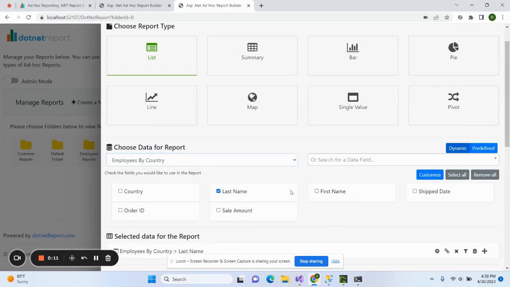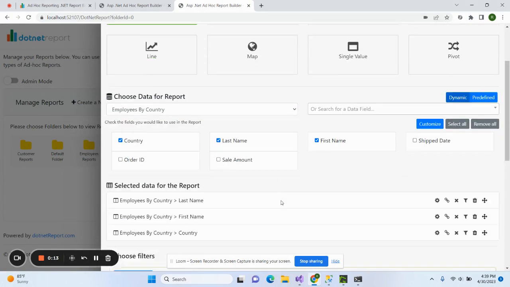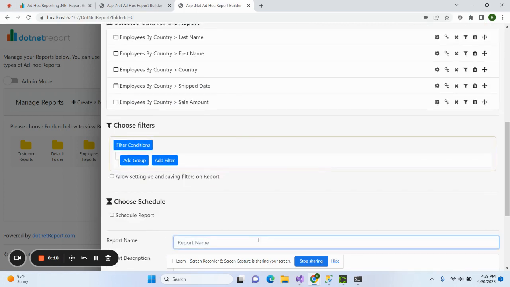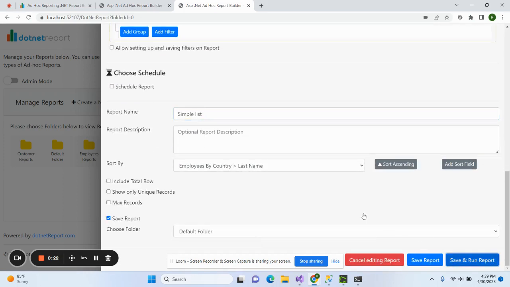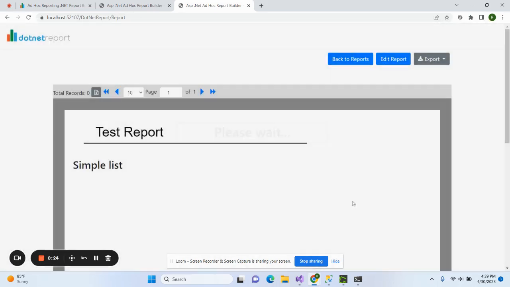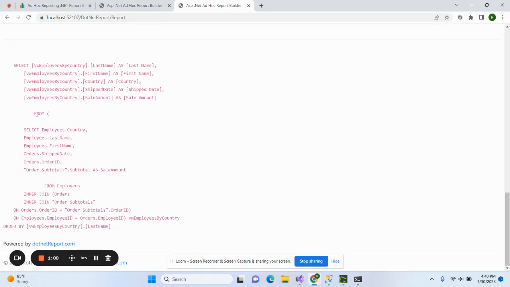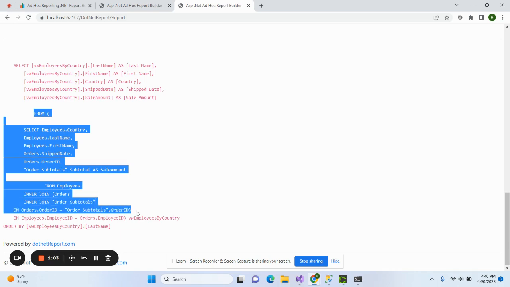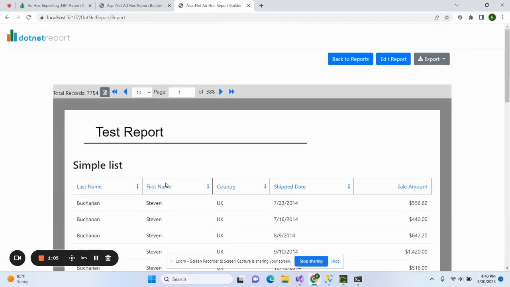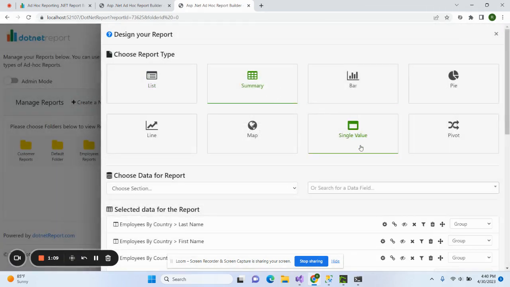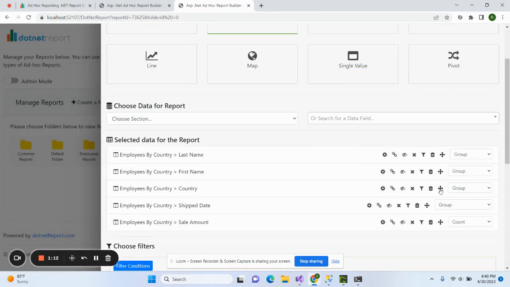I can do things like select fields, and let's just do a simple list report first, just to see how the data looks. What .NET Report does in the backend is that it basically creates an inline SQL table here. So this is just a list, but you can do any other aggregate functions that you could do in .NET Report in general. So you can move this up and group it by country,